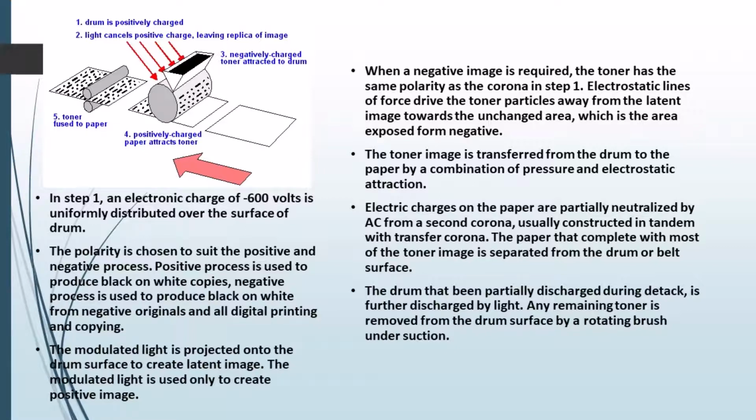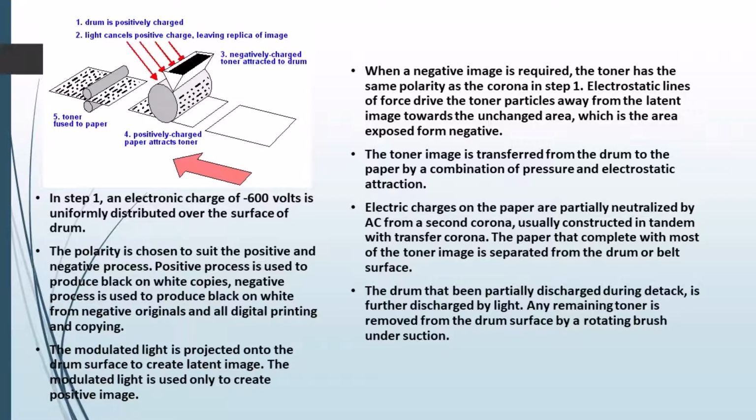The modulated light is projected onto the drum surface to create a latent image. The modulated light is used only to create the positive image. When the negative image is required, the toner has the same polarity as the corona in step 1. Electrostatic lines of force drive the toner particles away from the latent image towards the unchanged area, which is the area exposed from the negative. The toner image is transferred from the drum to the paper by a combination of pressure